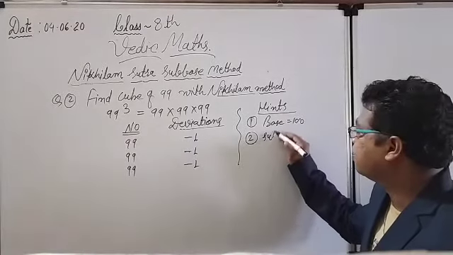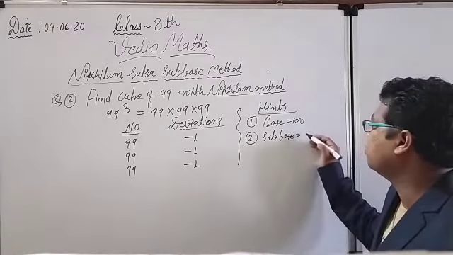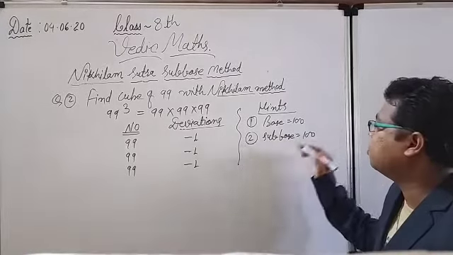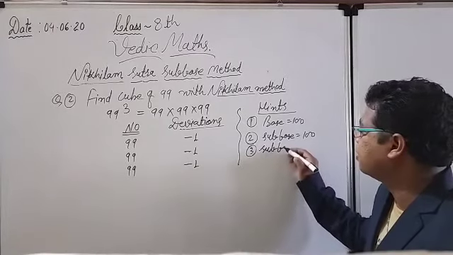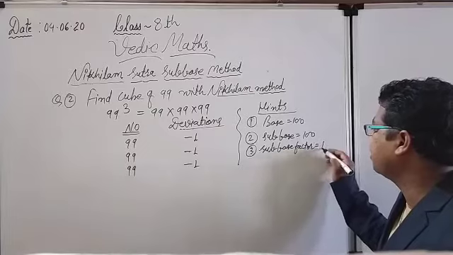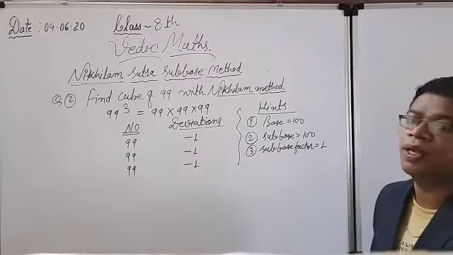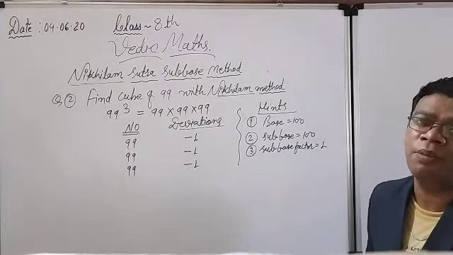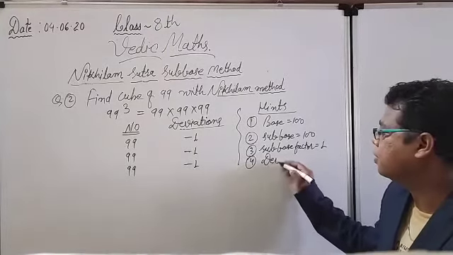Second thing is the sub base. Tell me again, is there any sub base? No, nil. Or you can say the sub base will also be equal to 100. Third is the sub base factor. Is there any sub base factor? That is equal to 1. Why? Because the sub base is coming in the table of base one time. 100 and 100 both are the same. 100 1 ja 100. Number 4 is the deviations.